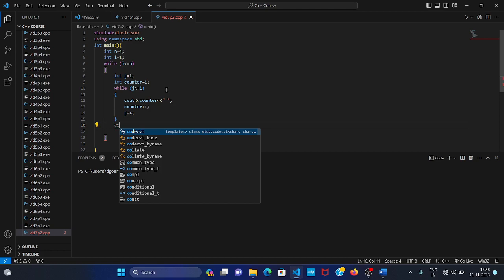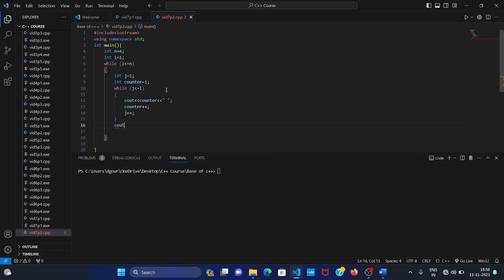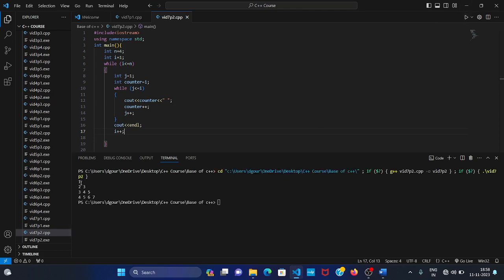So for that, we use cout and endl, which means next line, and after that we have to update the row number. Okay, this is like that. Now let's run the program and see what is happening. Okay, this is 1 2 3, 3 4 5, and 4 5 6 7. Okay, like that. And in our question